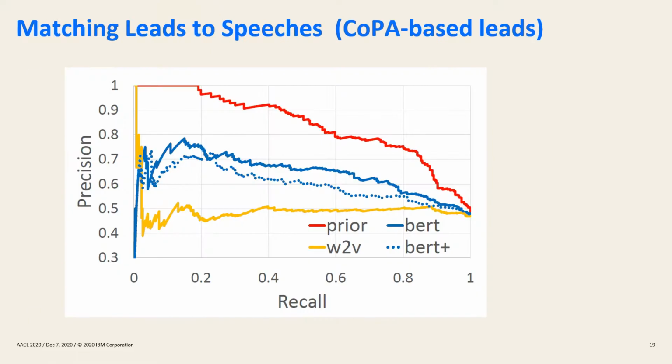As you can see, the BERT-based method performs fairly well. These are the blue lines, and there's some difference between how the two BERT models were trained. This is the solid line and the dotted line. But what you can also see is that the trivial a priori probability baseline is a very challenging baseline to